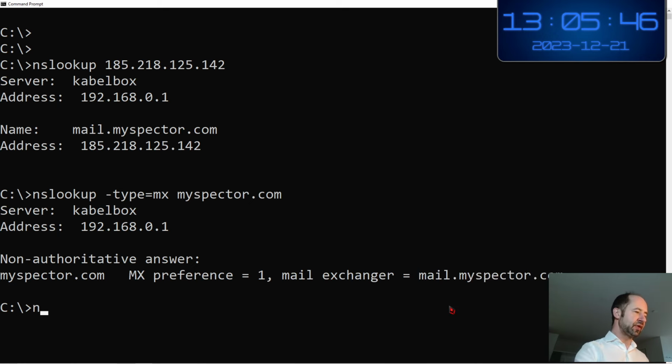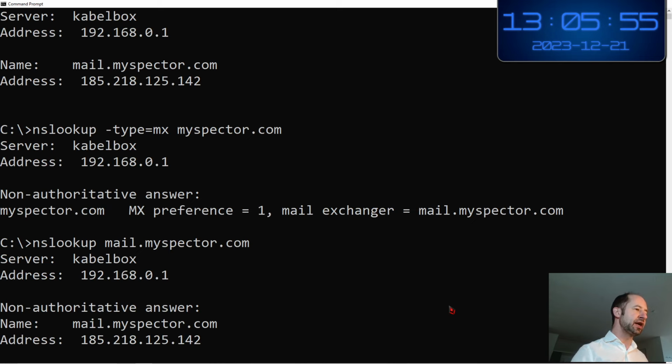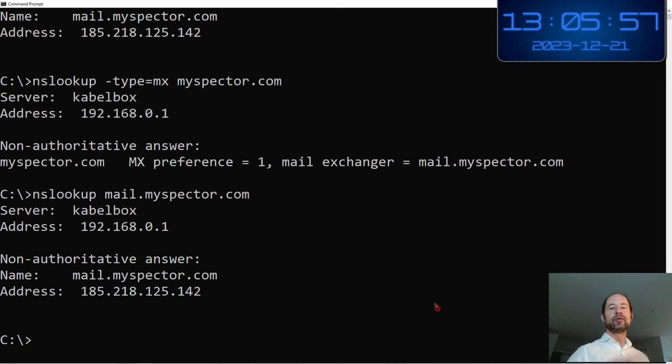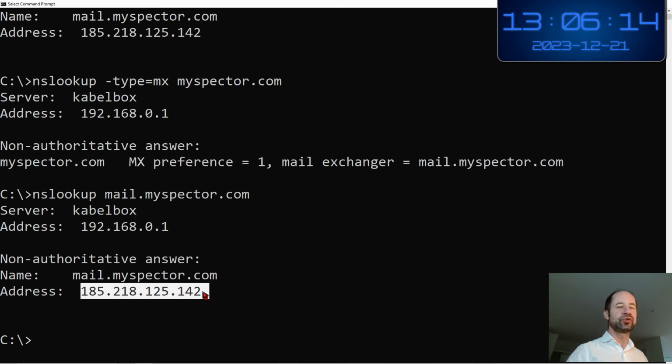And one more time, to continue the loop, I make NSLookup one more time with mail.myspector.com, and now I have the IP address. So from the domain myspector.com, I want the mail entry with the type MX. I obtain mail.myspector.com. Then by creating a DNS request to obtain this IP address, I obtain the IP which corresponds to the same IP of the machine containing the web server.